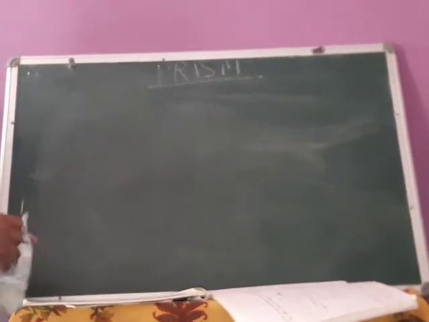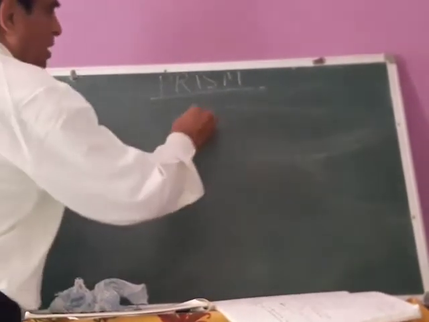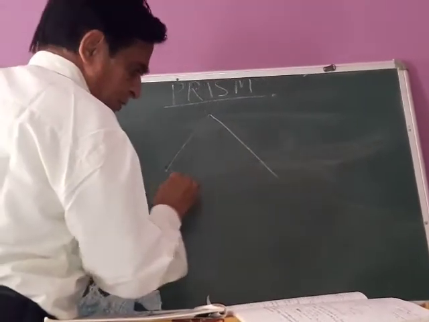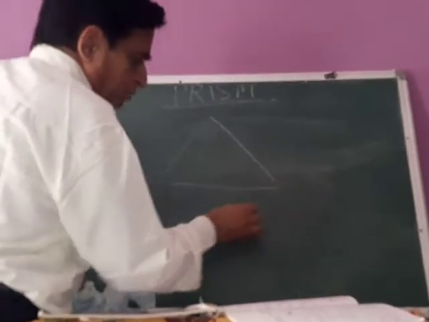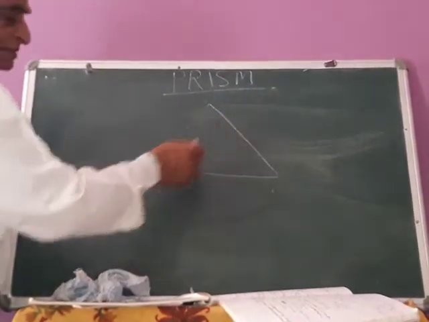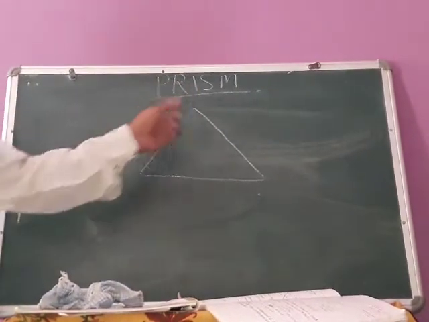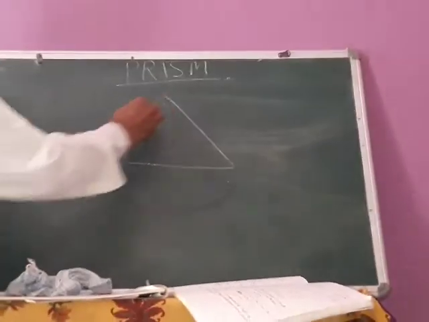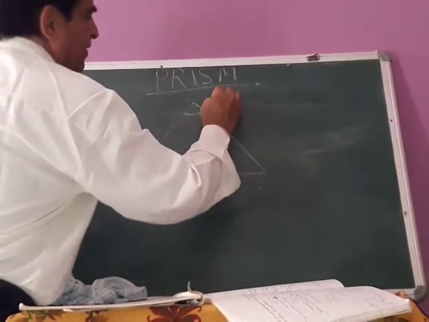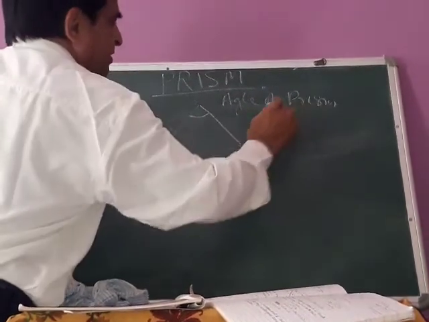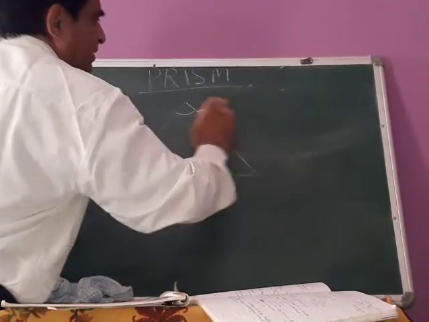Students, now we will take up the case of dispersion, when light is dispersed through a medium. Before that, we will take up the prism. A prism is a portion of transparent medium bounded by two plane surfaces. So this is a prism having a certain angle. Normally, if all the sides are the same, the angle will be 60 degrees. This is called the angle of prism. The angle of prism is normally denoted by A.